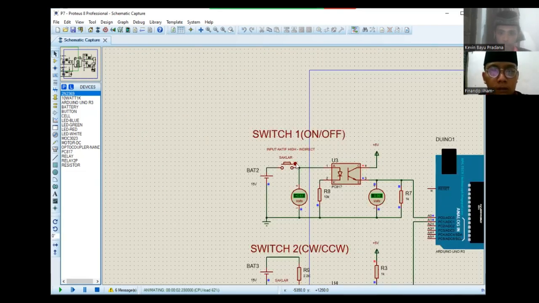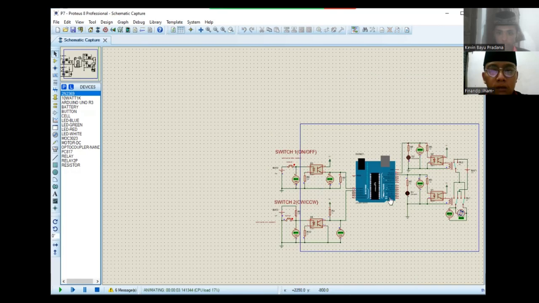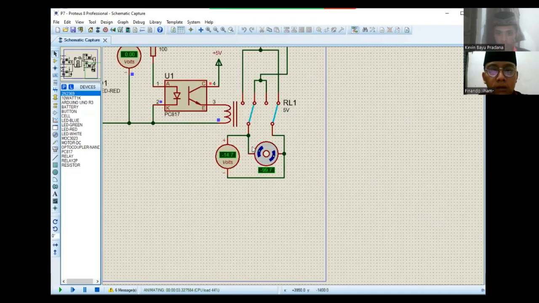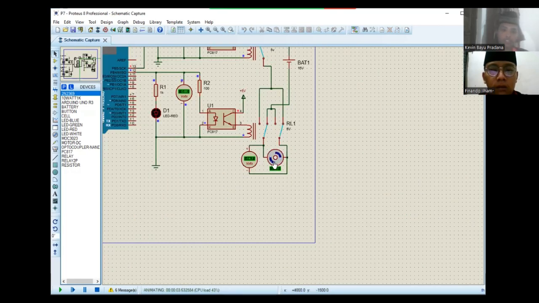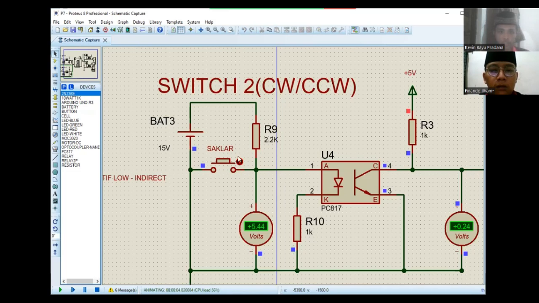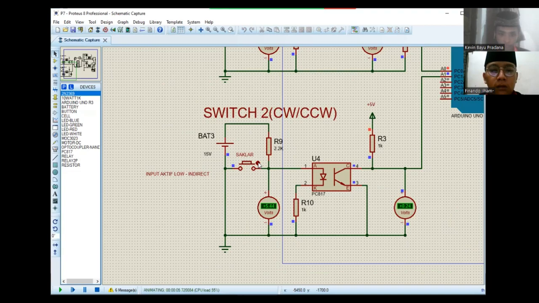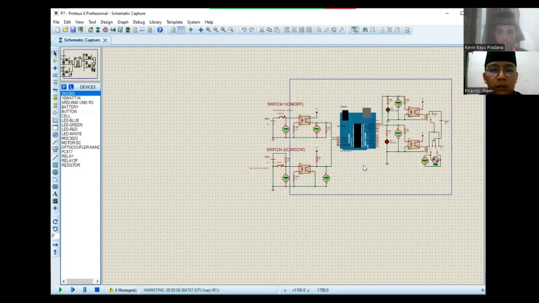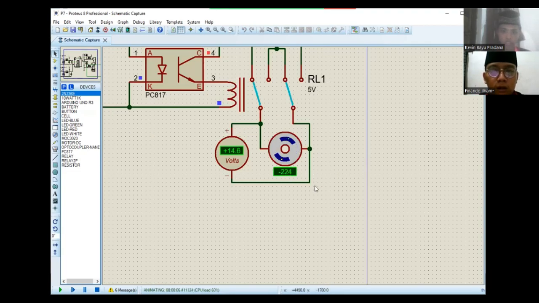We will try to switch this one to high. The motor will turn counterclockwise, because this switch is low. When it is changed to high, the motor will turn clockwise.